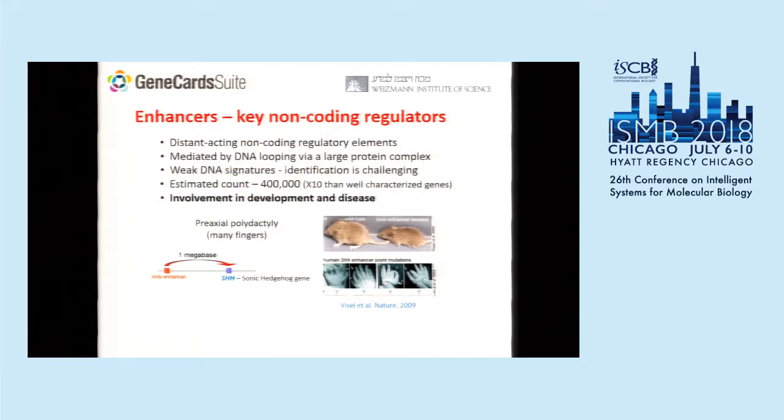Okay, so back to enhancers. So non-coding regulators, just at a glance, and actually this was mentioned in one of the previous talks of the conference. I'm sorry, I forgot who actually showed the picture of this many-fingered polydactyly. It turns out that enhancers are distant-acting, non-coding regulatory elements, and there are many of them. They're like 400,000, which is tenfold if you compare it to the number of genes. And very often, they're involved in development and disease, and a mutation in a regulatory element, in an enhancer, can impact